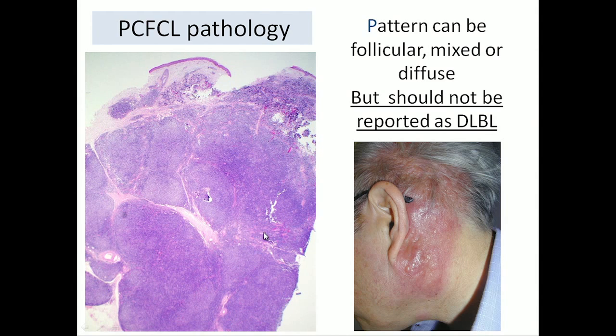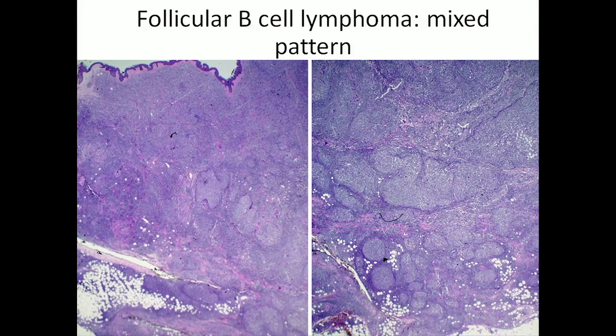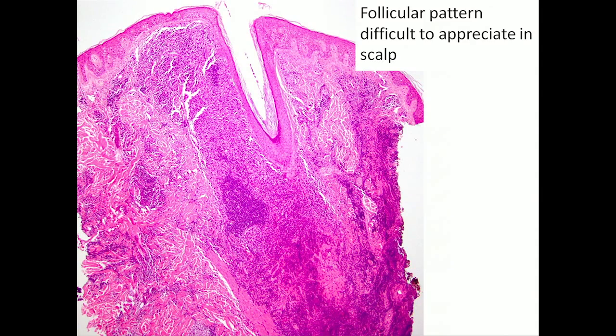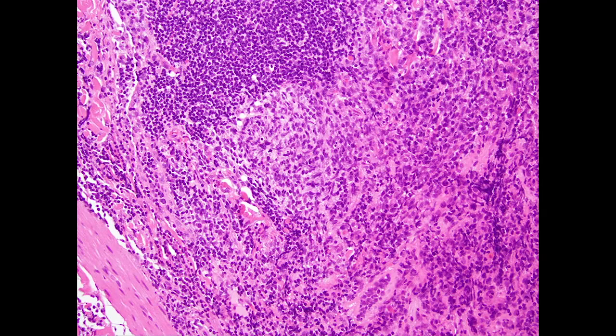The pattern can be follicular, can be mixed, or can be purely diffuse large cell. So cutaneous infiltrate of diffuse large cells could be one of those very indolent follicle center cell lymphomas. So whenever you see this type of diffuse pattern, look for any remnants of a germinal center. You may have to do CD21, CD35, but if you find any remnants of a germinal center, you're probably dealing with a follicle center lymphoma and not with the leg type, which is this highly aggressive that does not present